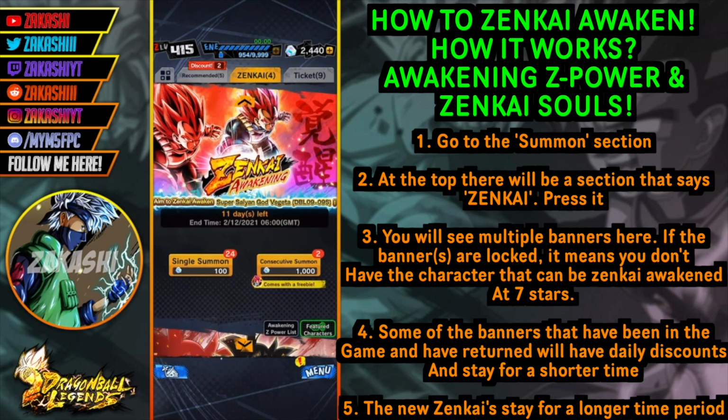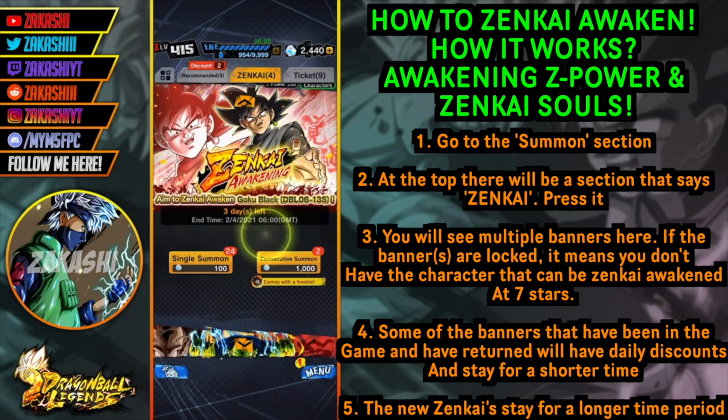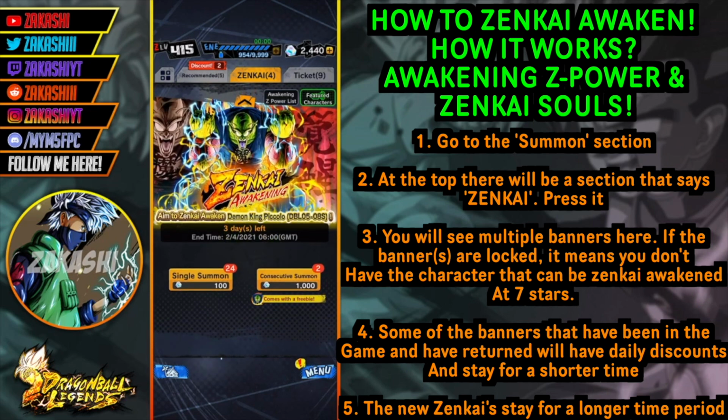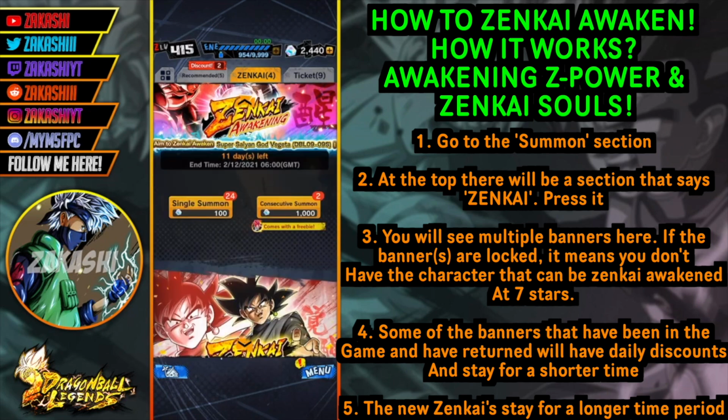Some banners, if they're not the most recent Zenkai, you'll be able to do discounts on them, which is really good. So you can do a discount for 20 chronos, and that's pretty much every day, but the banners usually go in like a rotation of 10 days, so the banner will be going in quite a short period of time. However, there are new Zenkais like this one here which you can't do discounts on at all, but it